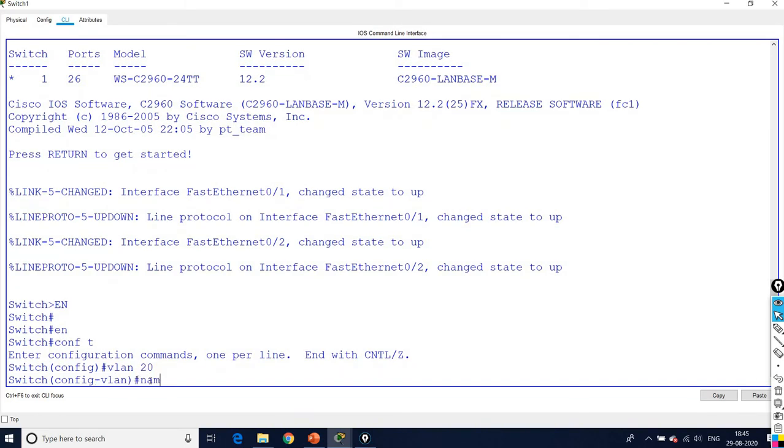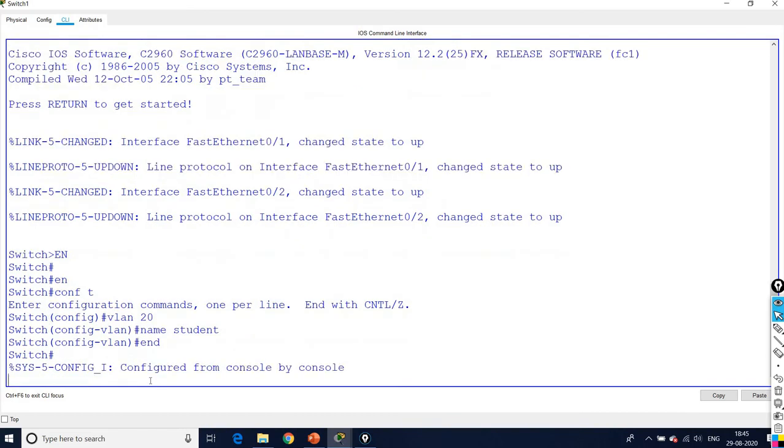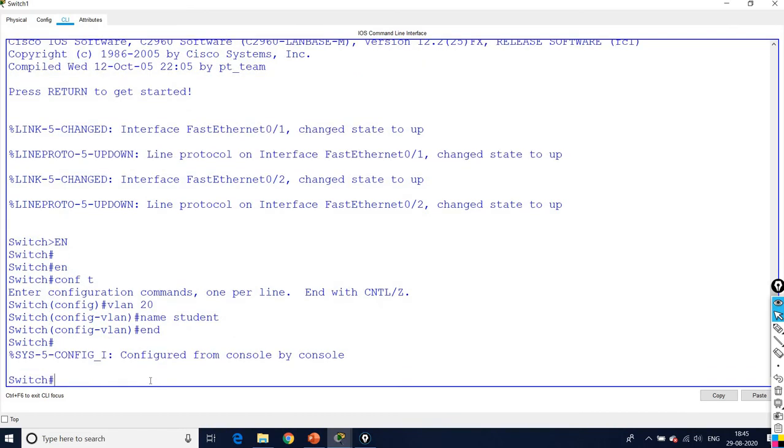Name I can give as student, end. Now confirm by console. On the switch port, I want to configure the access port and assign it to VLAN 20. So any device connected to the port will be associated with VLAN 20.